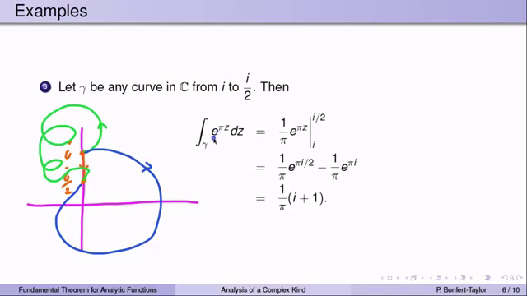Suppose you wanted to integrate e to the pi z over any such path gamma. E to the pi z has an antiderivative, namely 1 over pi e to the pi z. So that's a primitive of e to the pi z. Therefore, we can take the primitive and evaluate it at the end point of any of these curves gamma, and